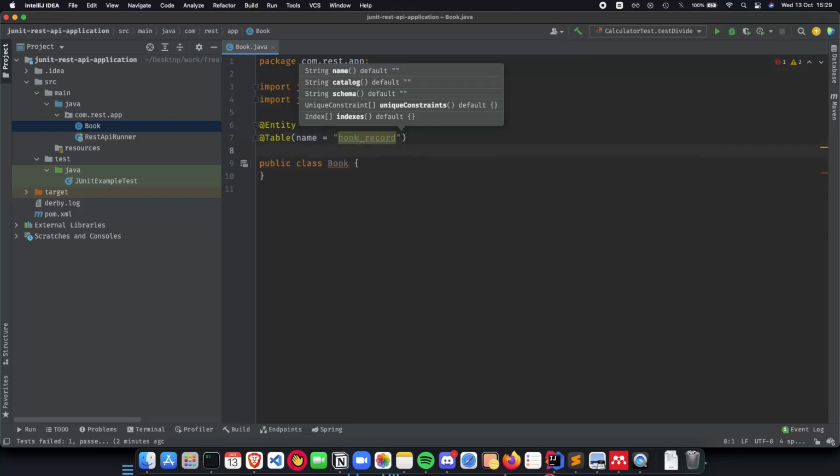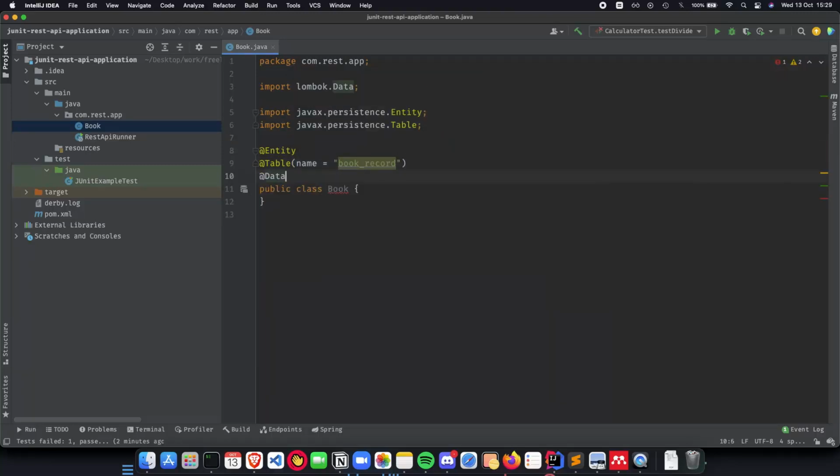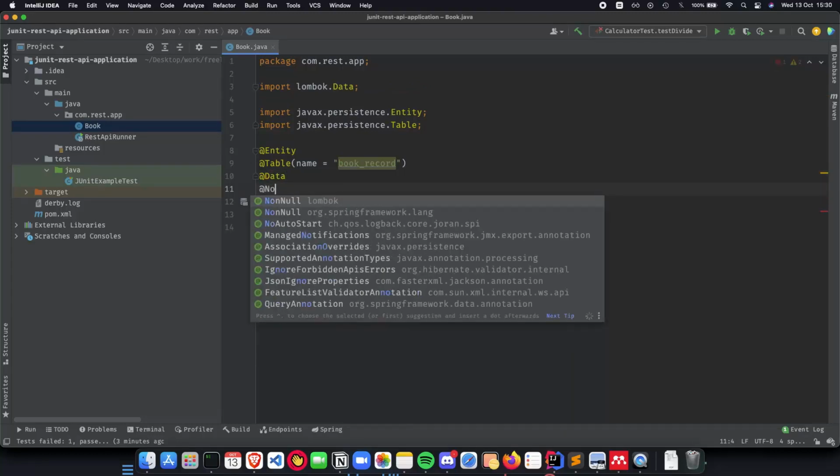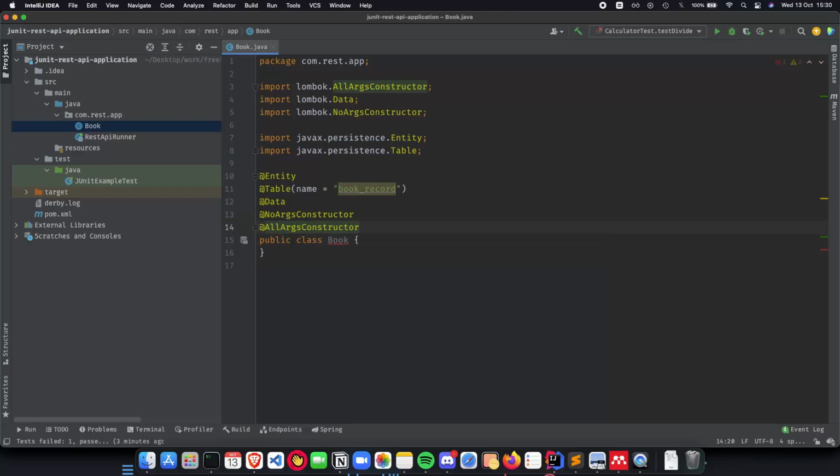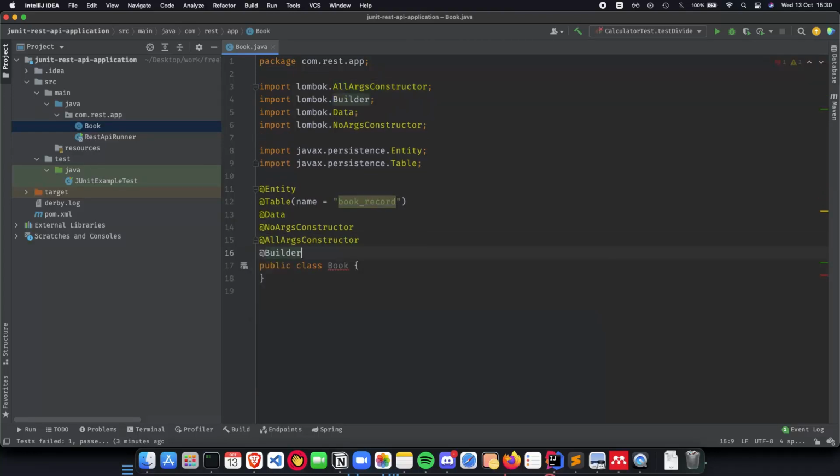The next thing that we need is data. Next is our constructor and all args constructor. And the last thing that we need is builder. Okay, so now we have our annotations ready.